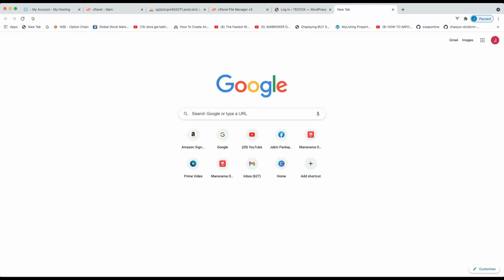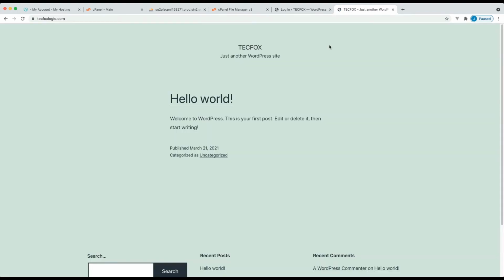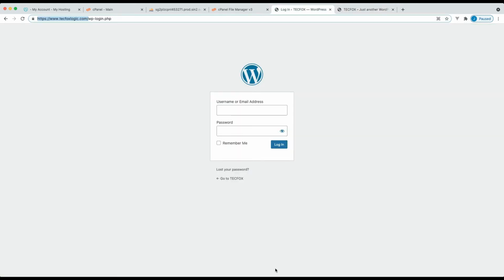Let's go to the URL techfoxlogic.com. You can see the home page of techfoxlogic.com. Let's go to the admin login. Log in with the admin credentials we set earlier.